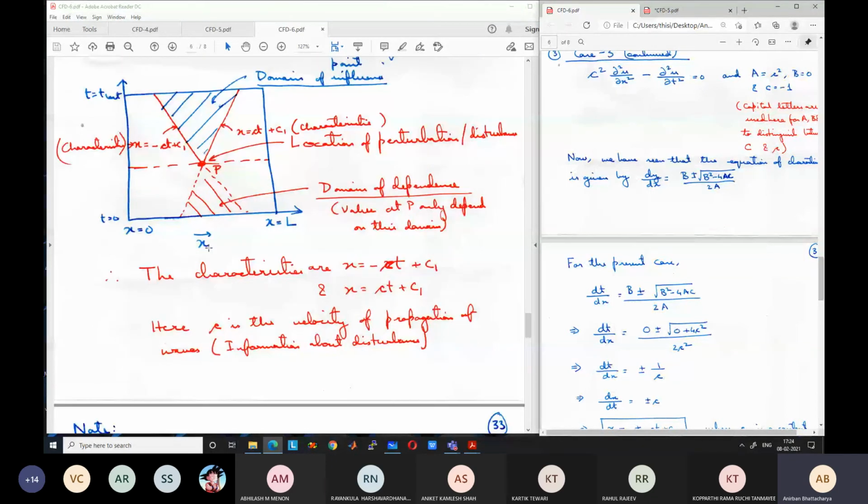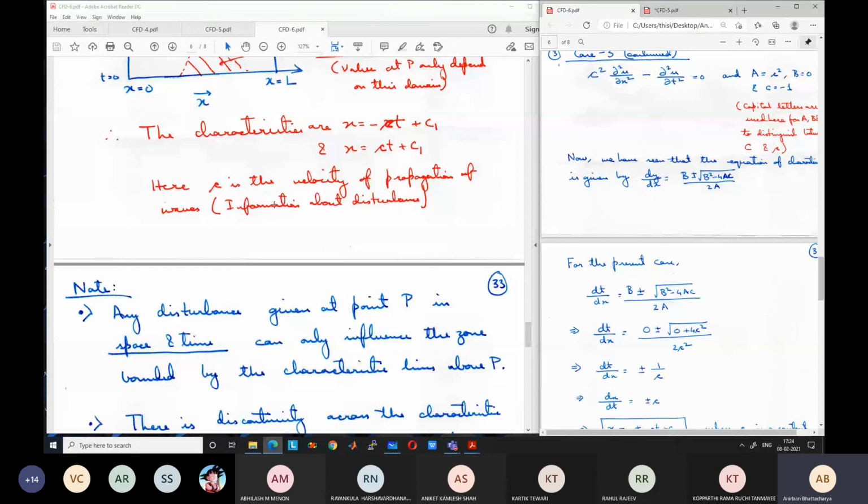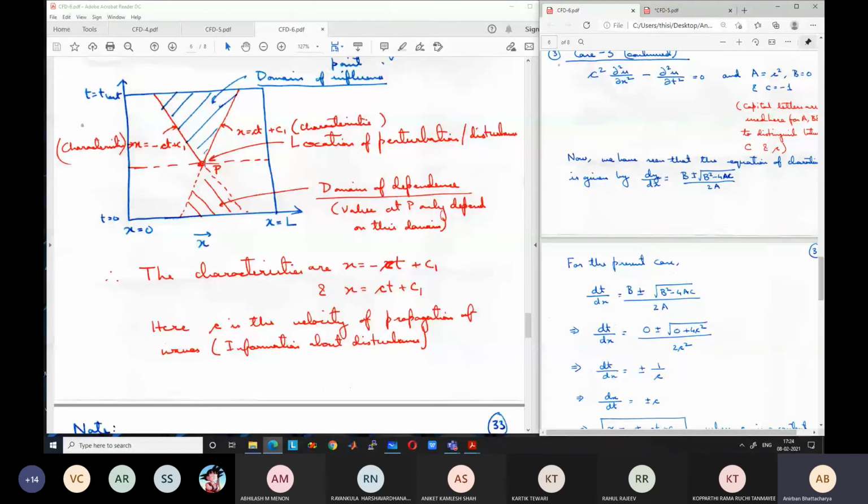So here the information does not travel at infinite speed, it travels at a finite speed. That's why if you change something, the entire space domain does not feel the change, unlike conduction problem. In heat conduction, if I change the temperature anywhere, the entire domain is going to feel the temperature change. But here the wave will take certain time to travel. In heat conduction also there are similar type of problems which are known as non-Fourier heat conduction, but that is beyond the scope of this course. Wave-like propagation of heat also is there, which we will not discuss.